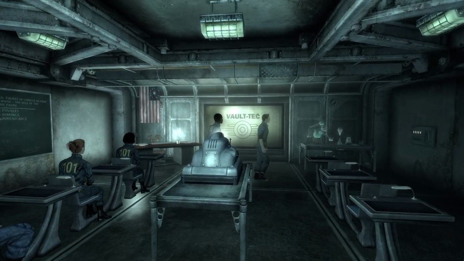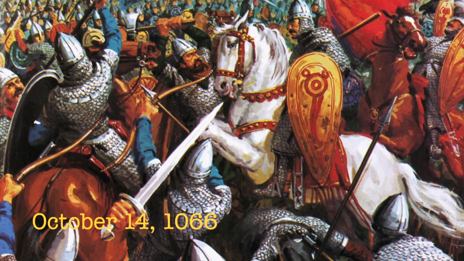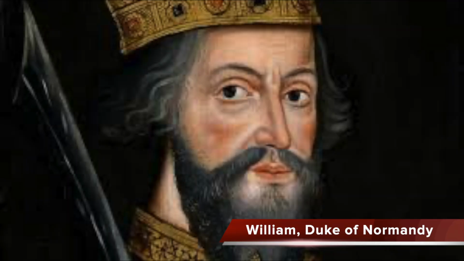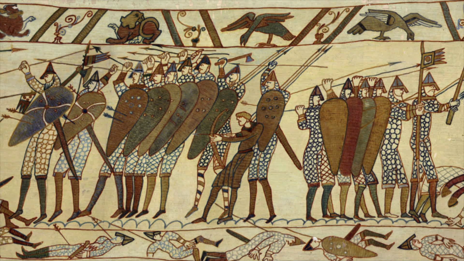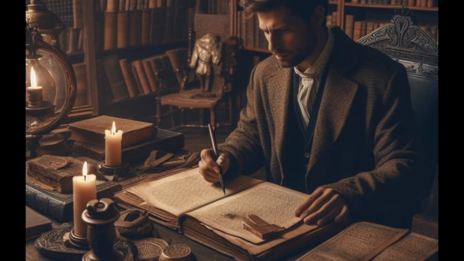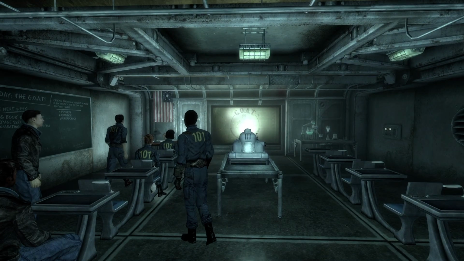According to the actual information about the Battle of Hastings, it was fought on the 14th of October, 1066, between the Norman French army of William, the Duke of Normandy, and the English army under the Anglo-Saxon king, Harold Godwinson. This began the Norman conquest of England, which was a huge deal. This changed the history of Europe, the history of England, the history of France. If you are a history buff, this is probably a date and an event that you got stored up in your noggin somewhere. Well, it shows up in Fallout 3, and it matches.